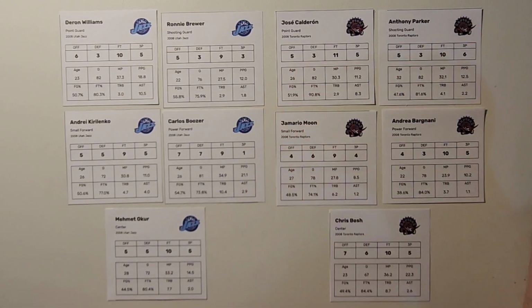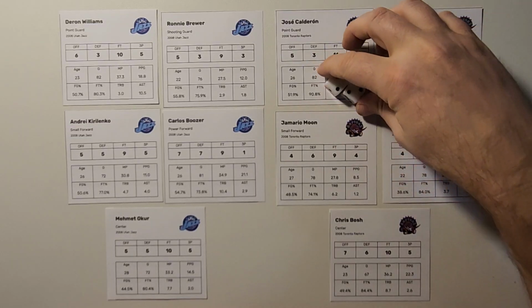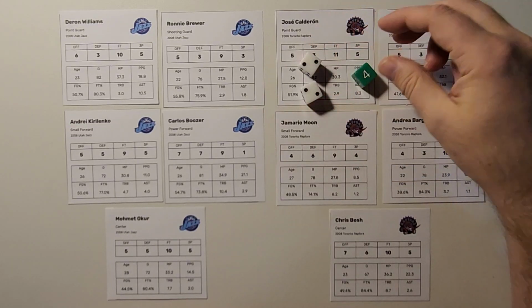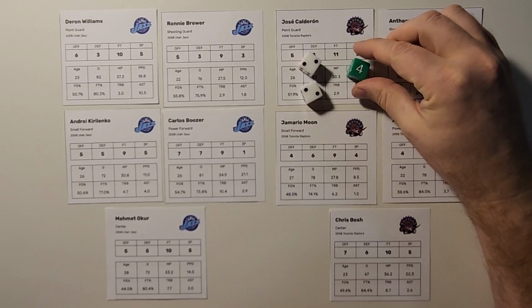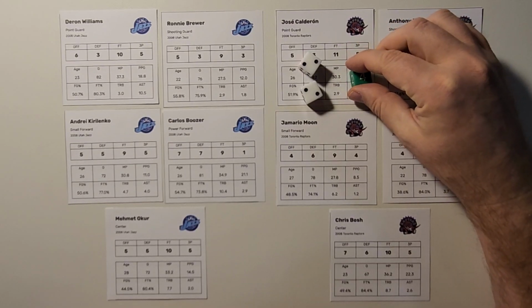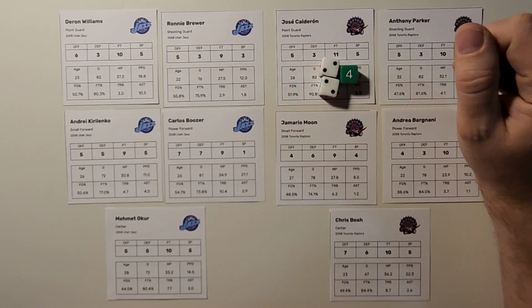So this system is based off of a 2D6 system, a 2 to 12 range. So you just need a couple of D6 dice. I like to have three because you're going to use this die over and over again. So I like to use three. You could technically get away with just two,